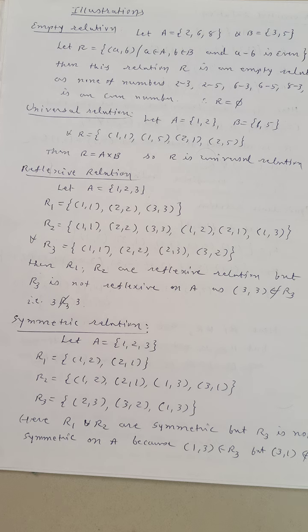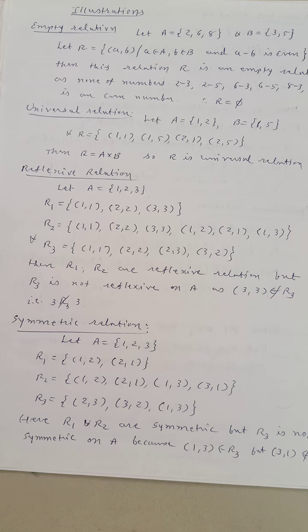Be careful. Come to the next one, R2. See, there is (1, 2), (2, 1), (1, 3), (3, 1). Now check. (1, 2), reverse ordered pair (2, 1) is there. (2, 1), reverse (1, 2) is there. (1, 3), reverse (3, 1) is there. (3, 1), reverse (1, 3) is also there. So definitely R2 is also symmetric. And again it is not reflexive, because (1, 1), (2, 2), (3, 3) are not given there. You check and compare, keep in mind.